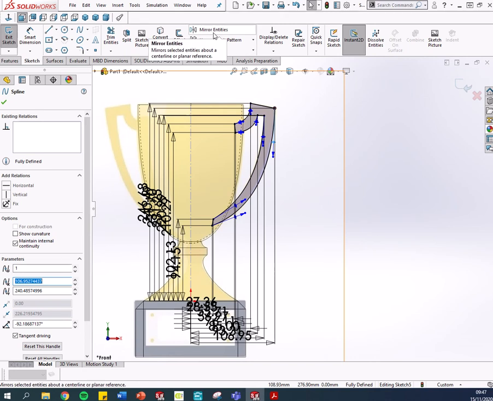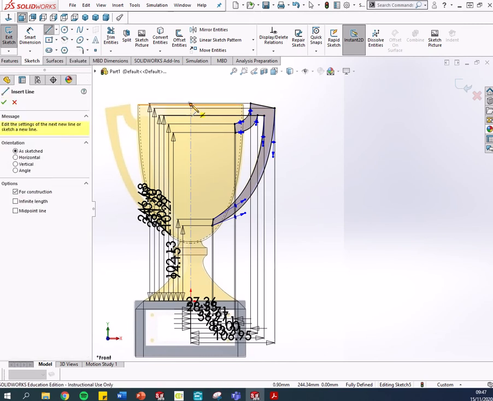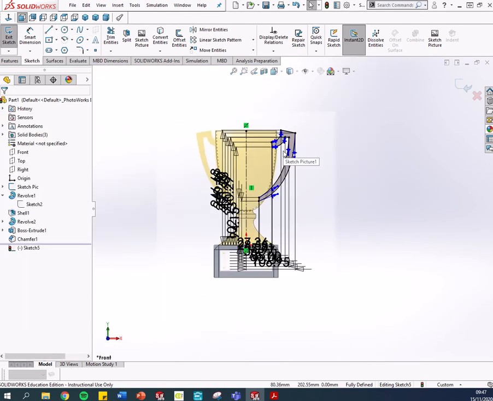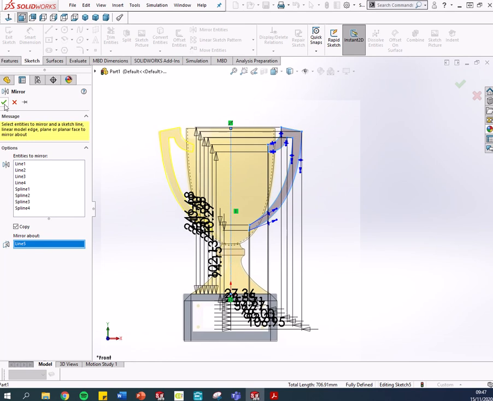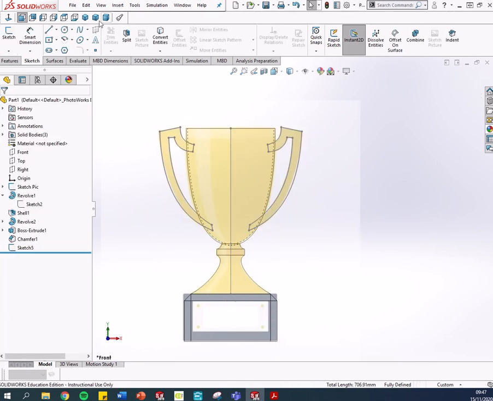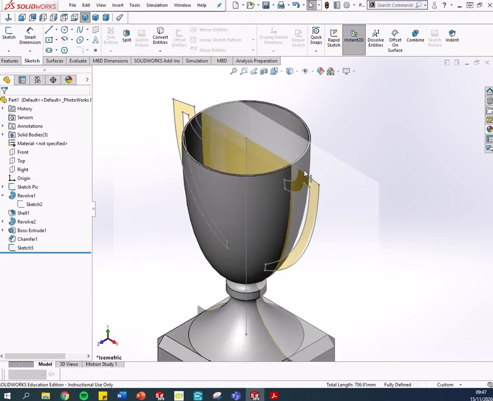So mirror entities. I need a center line actually, don't I? That would help. Something to mirror them about. So mirror entities, select that there, mirror about, green tick, there we are, end sketch. Happy days. Right, so now what we'll do is we'll just go back to our normal 3D, sorry, color mode,